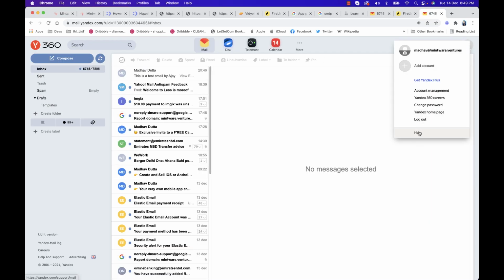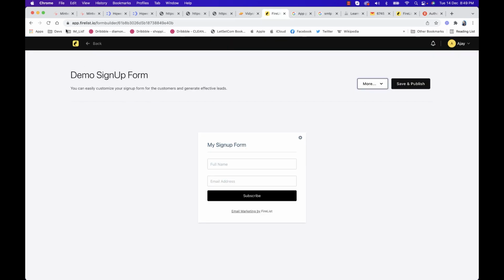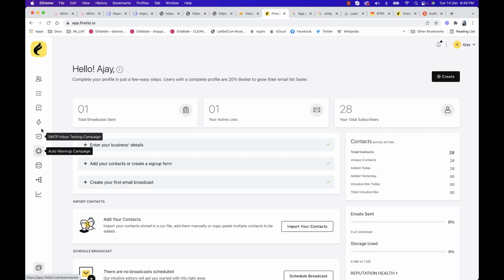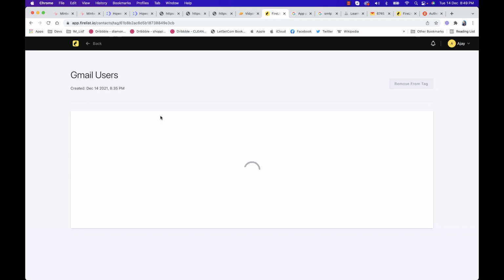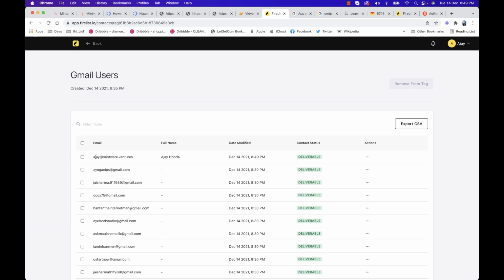So now if we'll open the mail account of Ajay, we'll see that. Okay, first of all we'll check whether Ajay got tagged as a Gmail user or not. So I'm going to tags, and I'll click on my Gmail users, and yes, Ajay got tagged as a Gmail user now.